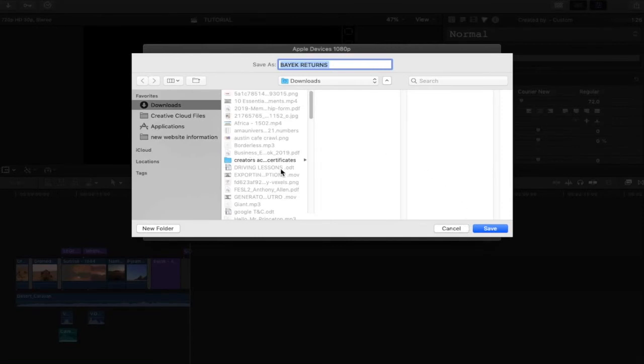Now you just select your save location. In my case, I like to save it to the downloads file because my desktop is completely iCloud, so it begins to upload files to iCloud as soon as I've dragged anything onto the desktop, which is the reason why I save it into my downloads. You click save,